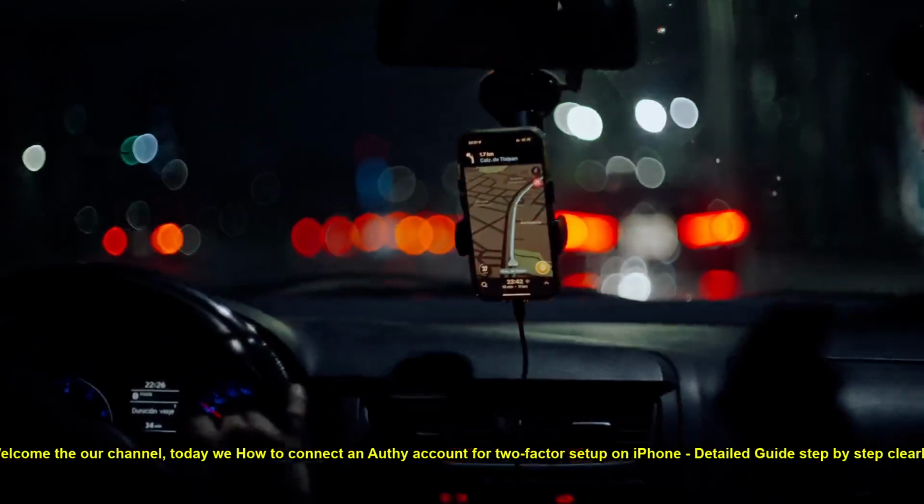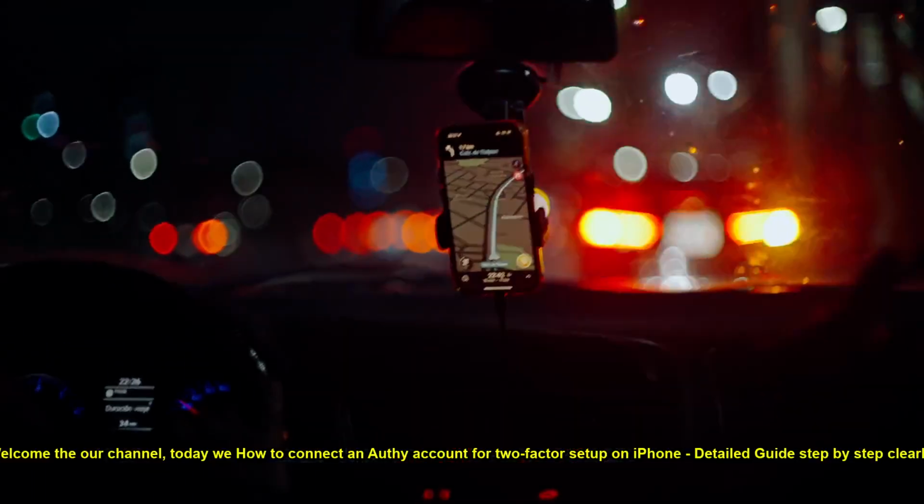Welcome to our channel. Today we'll show how to connect an Authy account for two-factor setup on iPhone, a detailed guide step